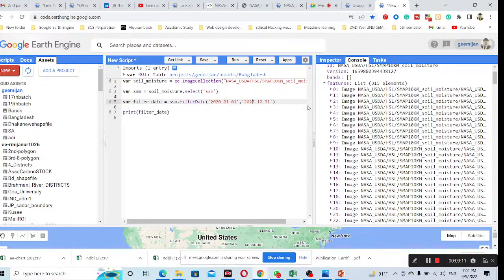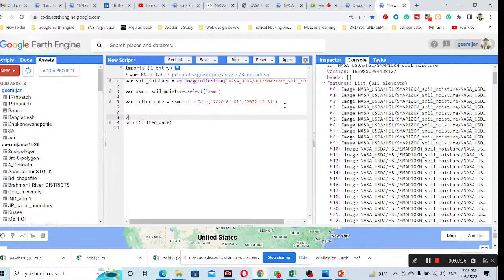So this time I want to reduce this image collection so I can easily work with it. There are different ways to reduce the image collection. If you want, you can use the average pixel value of the soil moisture data. If you want, you can also get the median pixel value of the soil moisture data. This time I want to take the average pixel value result, so that's why I simply take another variable. Suppose I put the variable name as average SSM. Then I call the filter date,